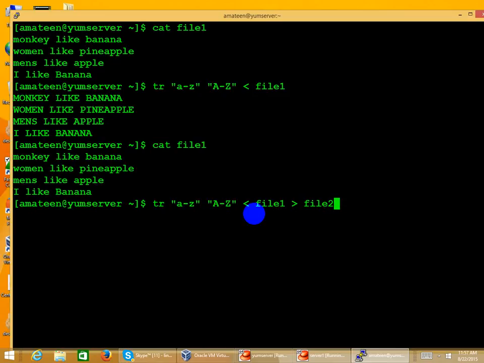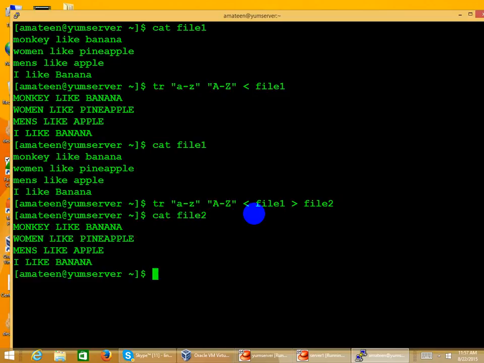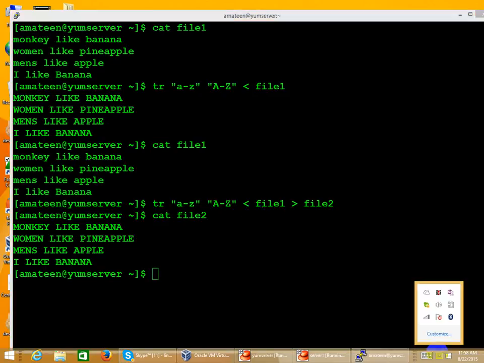Because it's just going to copy to a different file name. If you put the same file name, what happens? I'm just giving a different file name. So what happened? Nothing is displaying. If I do cat file 2, what will you see here? Everything is uppercase. So what I did was use the greater than sign and change the name of the file. Please try this. I will give you 2 minutes. If I don't want to change the file name,